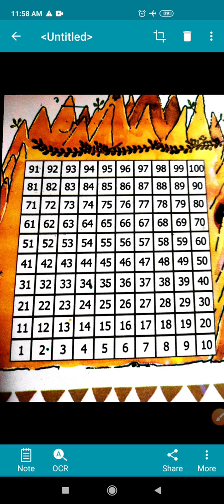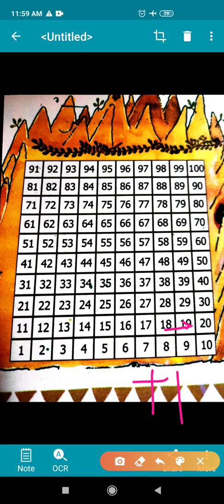Okay. Now third point is, when you move to the right side, means from 18 to 19, you have to add 1. Okay. 24 to 25, move 1, add 1. If you are moving 2 steps forward, then add 2, 3 steps, then add 3, 4 steps, then add 4. That you have to add when you are moving in the right direction.